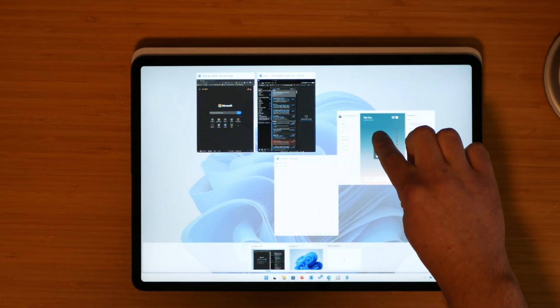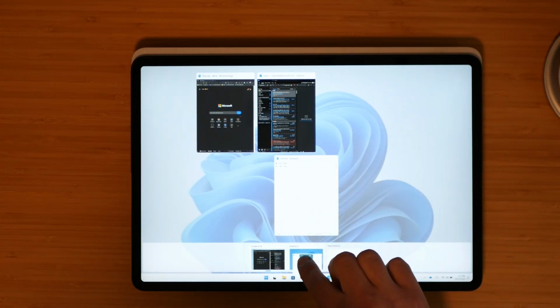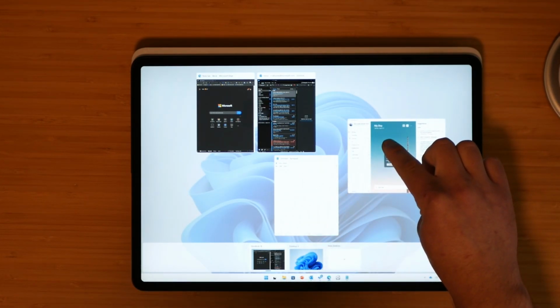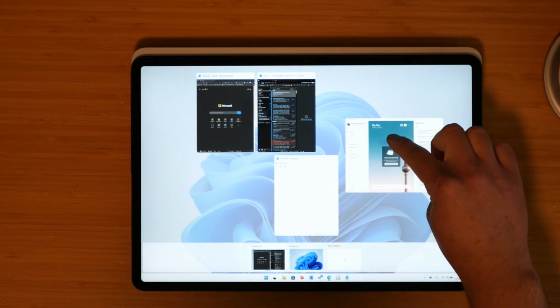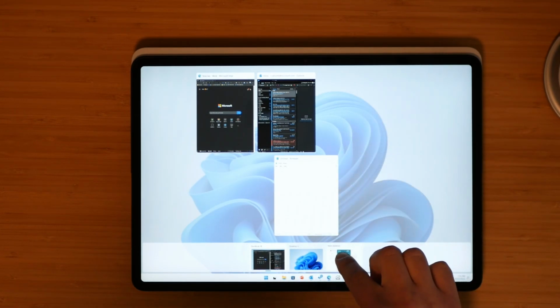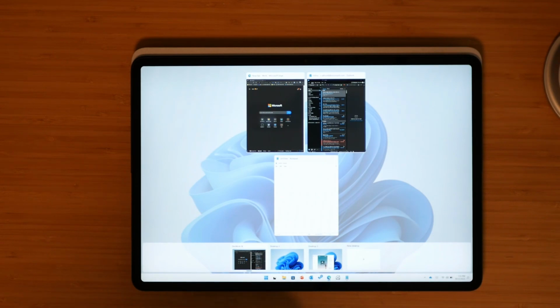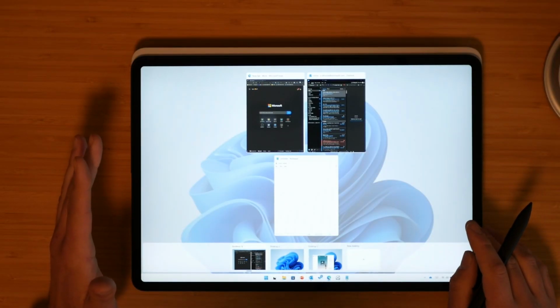And wait, how'd you do that? Created one already. You just drag and drop. Take your finger or mouse or the pen and drag it into the desktop. And if you want to create a new one, no need to tap new desktop and set that up. You can just drag it onto the new desktop icon, release, and you have 3 desktops for 3 different work processes. It's pretty incredible. Now, there's one feature that I really like that is new to Windows 11.